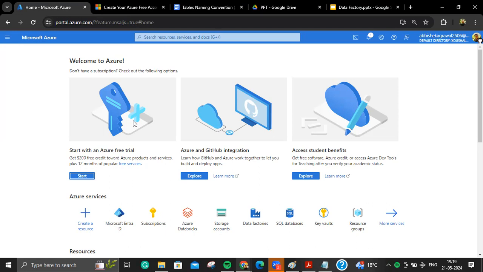That will also not happen. So you don't need to worry about these two things. Second, if you want to set some sort of alert, suppose 2,200 credit is there, but after 100 credit is expired I want to get an alert, we can set those kinds of alerts as well.